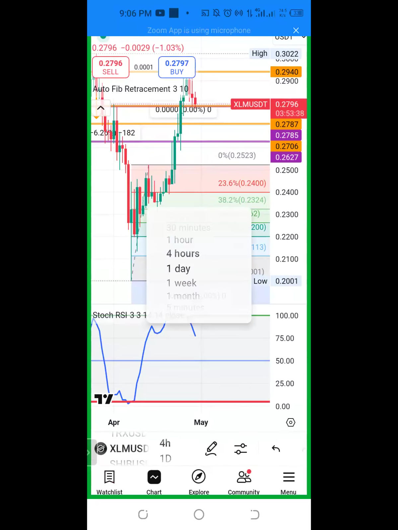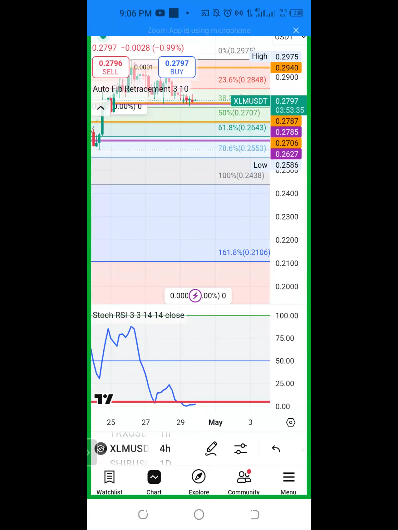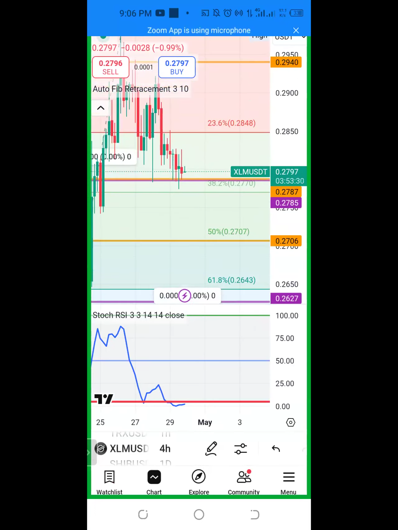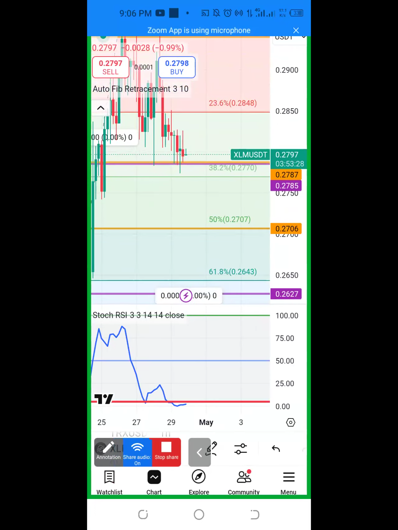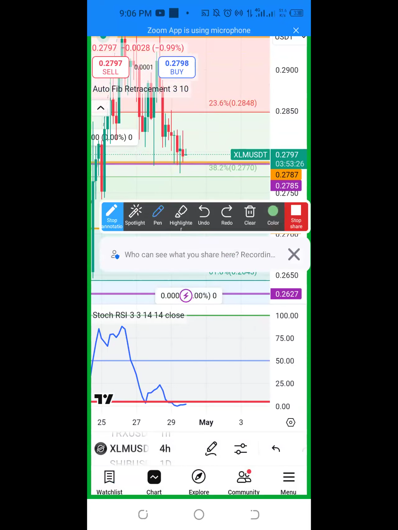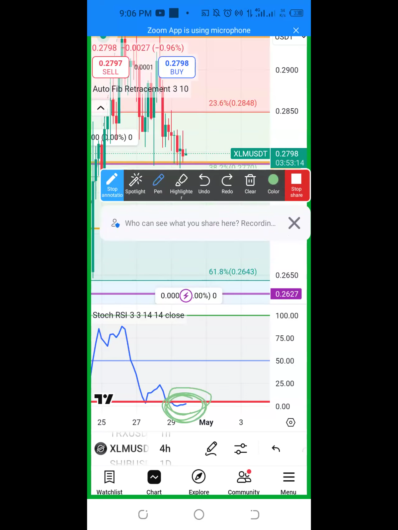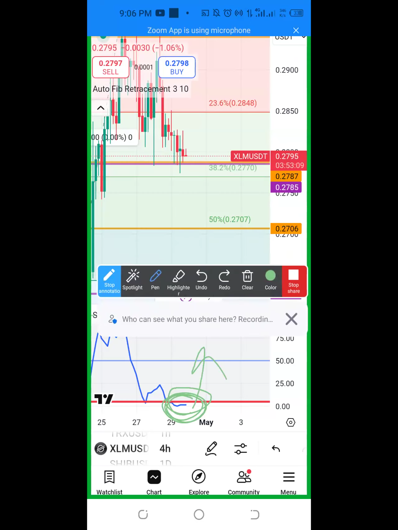So if I go to the 4-hour chart, the reason why I sent that signal was because XLM is close to the oversold region. That means the stochastic RSI is telling us that they don't sell this XLM tire, so it must come up. That's why I was able to send that signal, and that's why I said we should enter at 2785. It's almost close now. See the current price; it's almost close.